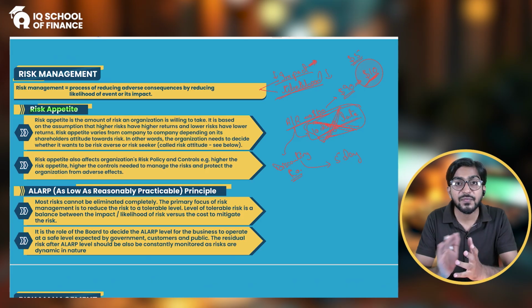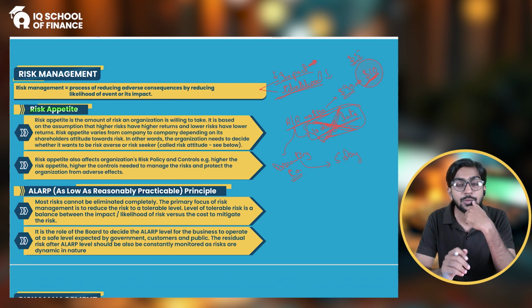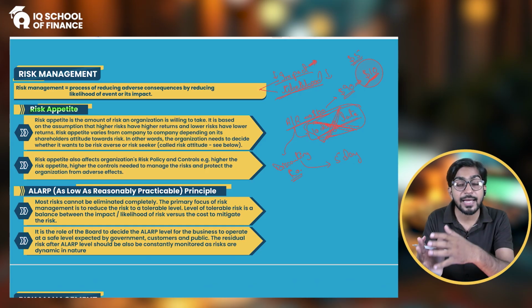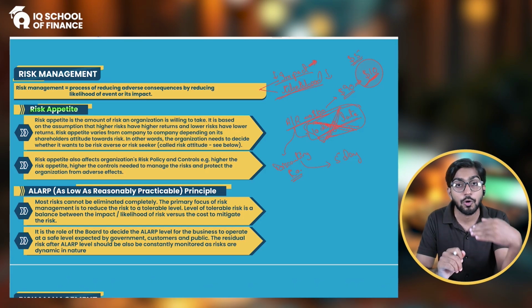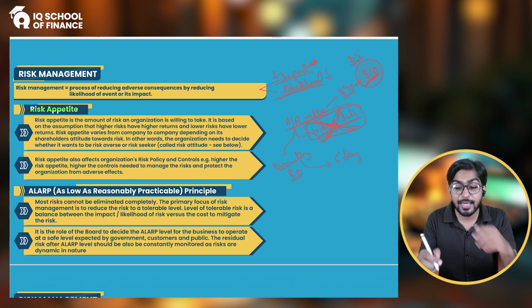So what is the difference between these two mentalities, these two approaches? What is the reason behind it, that one person is taking too much risk and the other person is not taking too much risk? This is the difference of the risk appetite. The risk appetite of the person who is a risk taker is very high. That means that person is ready to take huge risk. And if the risk appetite of some person is low, that means that person is not ready to take high risk.